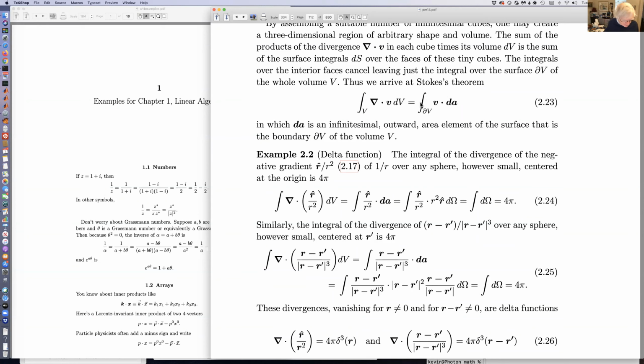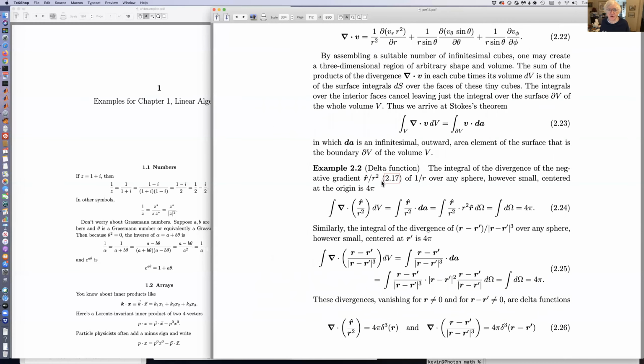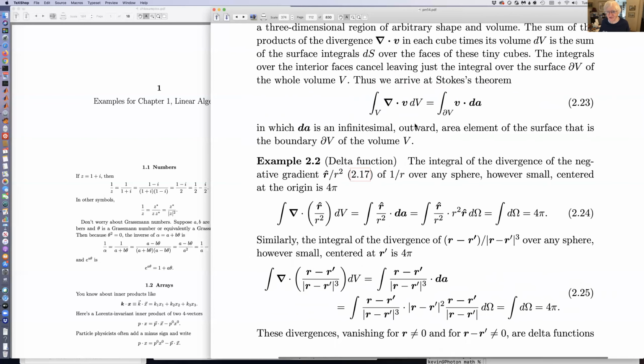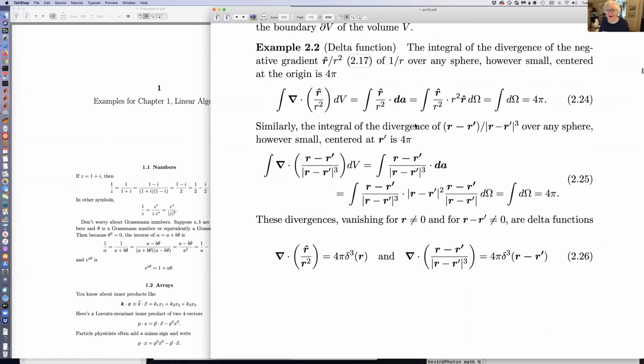I don't know. I guess the best thing would be to say they probably both discovered it, and just look in Wikipedia and see who lived first, and that's the person I should probably give credit to. And I think that probably is Gauss. Anyway, Gauss discovered almost everything, so it's always safe to call something Gauss's law. In any event,